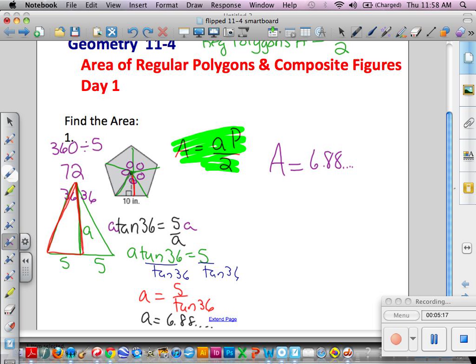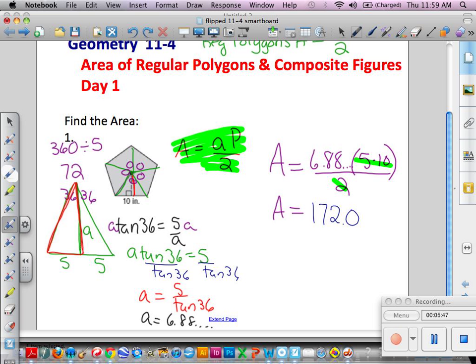Keep that calculator full. I have a perimeter, so my perimeter, one side is 5, and I'm going to times that by 10, so my perimeter is 50, and then I'm going to divide by 2. So now I'm going to take what I have on my calculator, which is 6.88, and then, well, 50 divided by 2 is 25, so I'm going to punch that in. I get